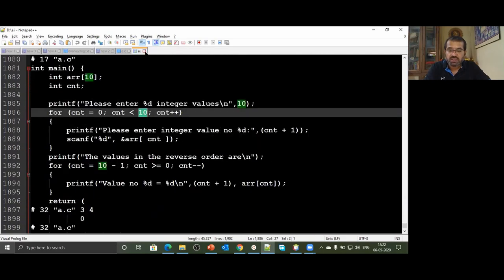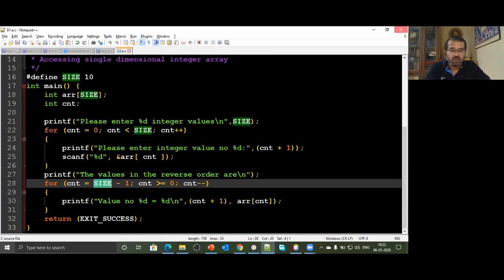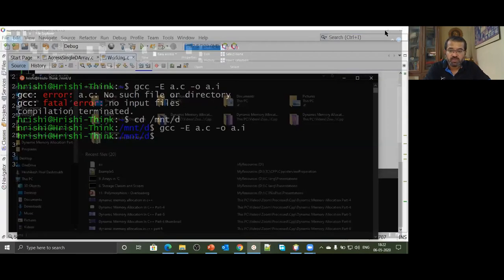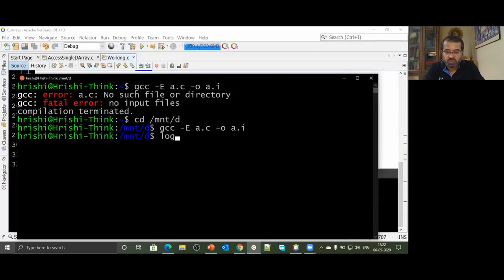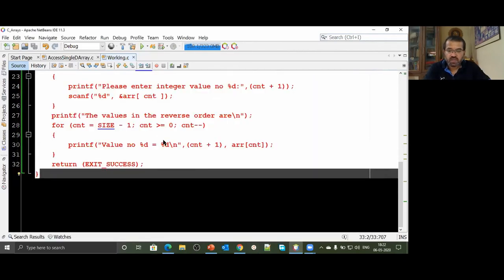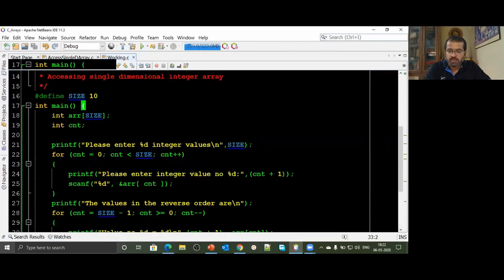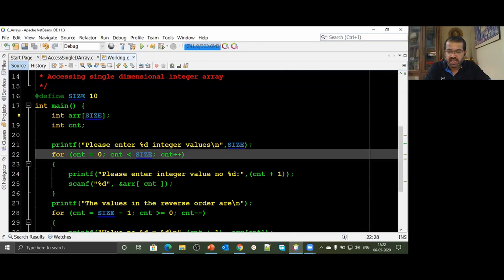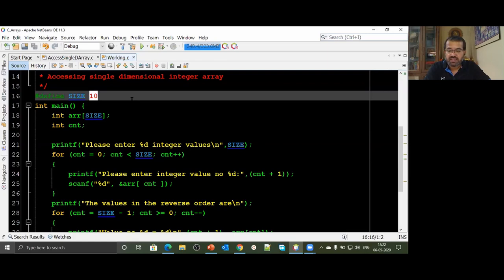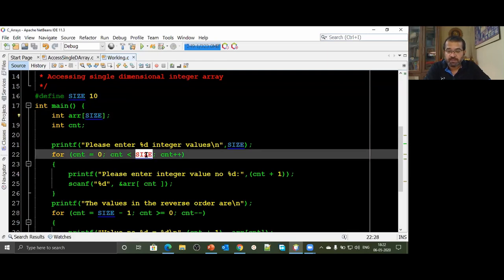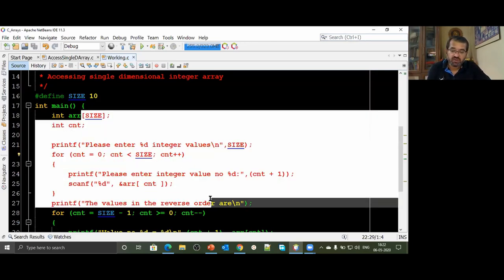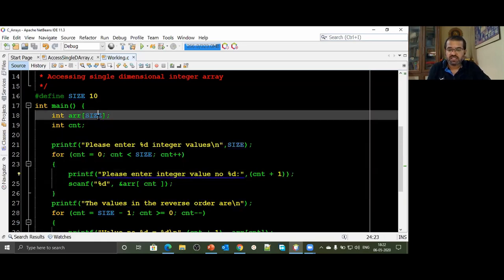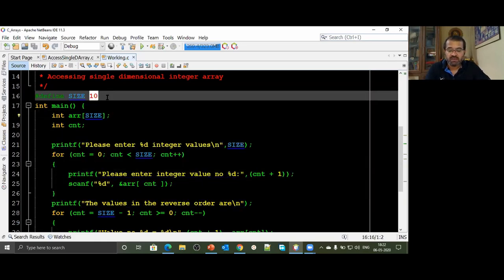The preprocessor carries out the operation of preparing the code for the process of compilation. While preparing it, wherever we have used the word SIZE, that's a named constant, all occurrences of that named constant have been replaced with the value 10. You and I as programmers get to see the name. The compiler will get to see the value, not the name. So this code becomes easy for a person to read, and the compiler is not interested in the name, it is interested in the value.